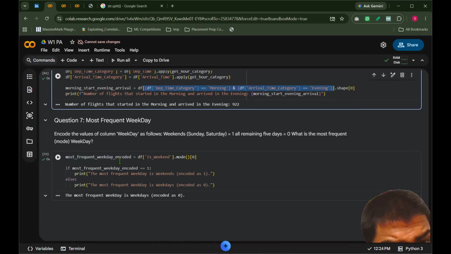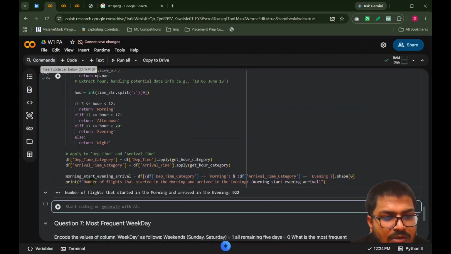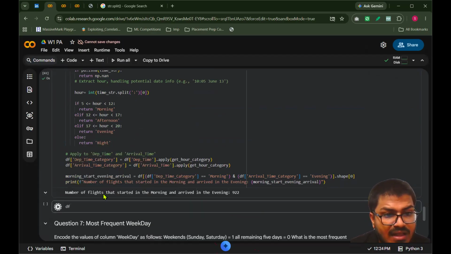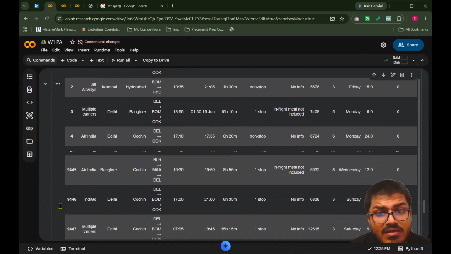मोस्ट फ्रीक्वेंट वीकडे इंक्लूडेड एंड ऑल, दिस इज द फंक्शन। ये फंक्शन पहले से रिलेटेड है, मुझे मोस्ट फ्रीक्वेंट निकालना है। तो पहले मेरे को डेटा सेट भी देखना, हर बार ना जब भी कुछ करो तो यू नीड टू सी दैट क्या हुआ है चेंज डेटा सेट में। तो पूरा कॉलम आ गया, नो प्रॉब्लम, 17 कॉलम्स है।